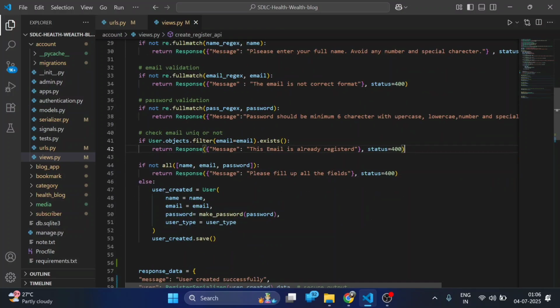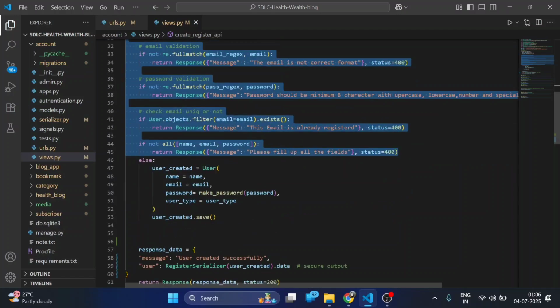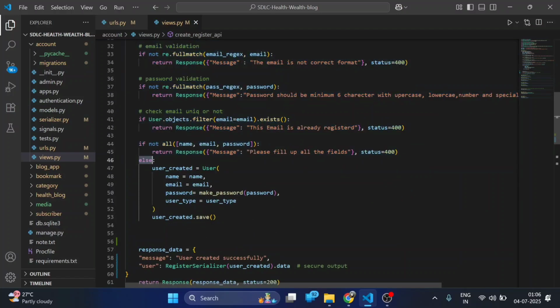Then I will check if not all fields are given, meaning if the frontend forgot to provide a value for any of the fields, or the user has not provided a field and is trying to submit the form, then it will give the response: please fill up all the fields, with status 400. If the data coming from the front end satisfies all these conditions, then only this else part will get executed,